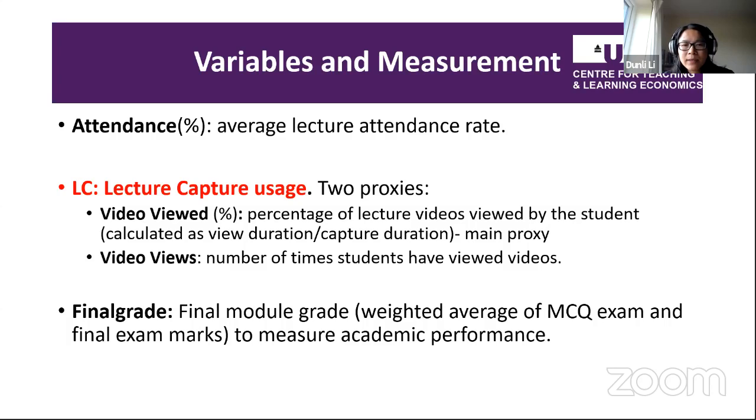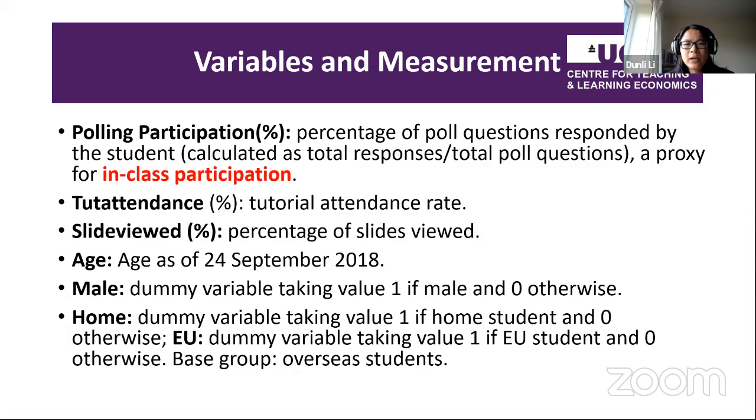An alternative proxy is the video views, which is the number of times students have viewed videos. The data showed some students keep viewing the videos again and again. So we use these proxies to measure lecture capture usage, and then, quite standard, the final grade is used to measure academic performance. And for polling participation, it is calculated as the total responses by students divided by total poll questions. This is the proxy